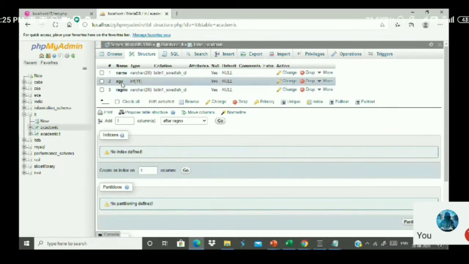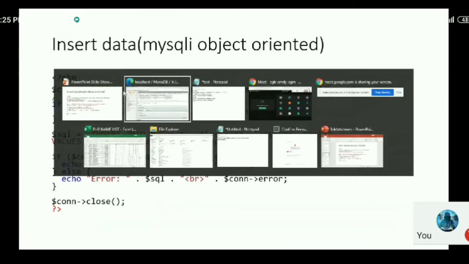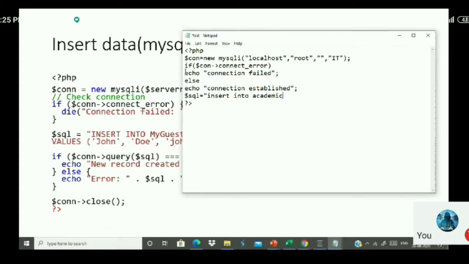Name is the first parameter, second one is age, and third one is register number. Now insert the values inside these fields.